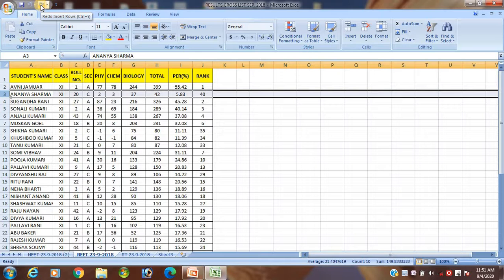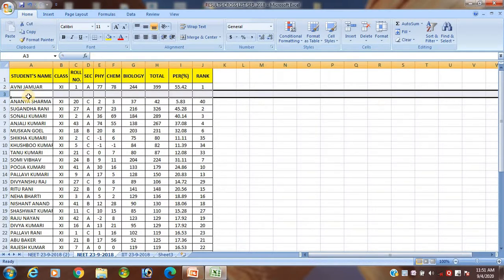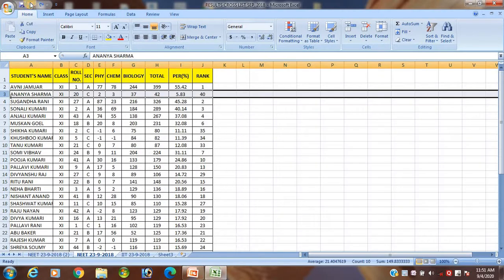The redo shortcut key is Ctrl+Y. And undo is Ctrl+Z. It says cannot undo because I have only one step to go forward. Yes or no, students? Click on Redo. You see, what I did last comes back again. Again you click here, and it is okay. In this way you can use undo and redo, and in this way you can insert a new row.